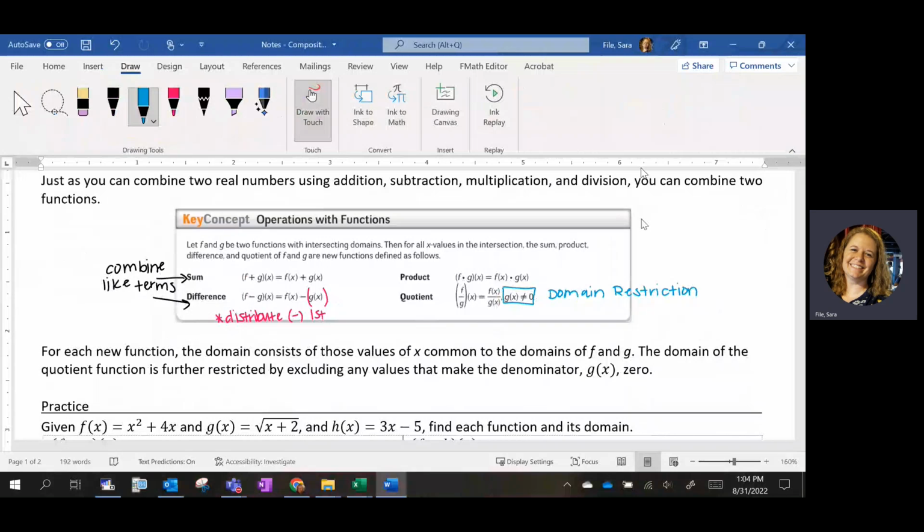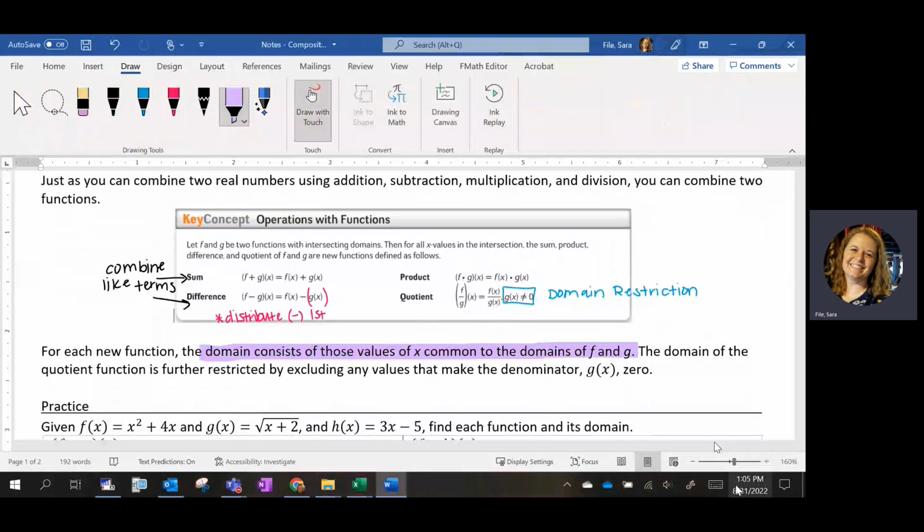So for each new function, the domain is going to consist of all of the x terms common to both of the original functions. When you do the combining, what was the domain of the original two functions, f and g? What did they have in common? What was the overlap in the domain? That will be the domain of the new combined function,